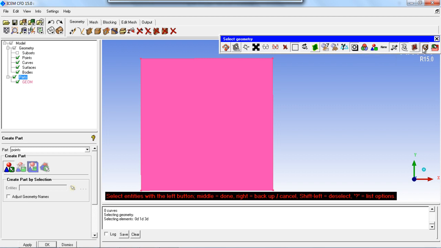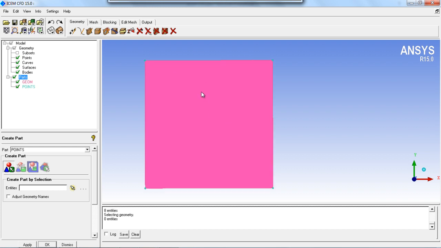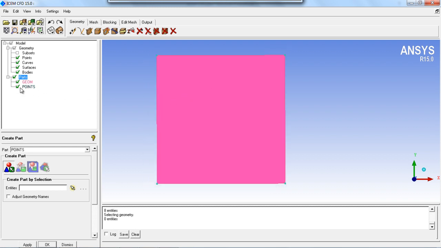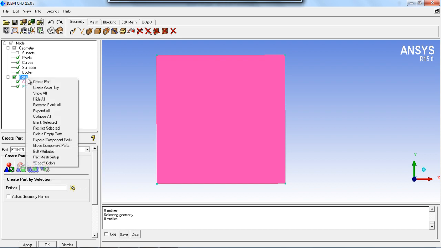and disable all the things except points, and then select the all applicable visible objects, or you can choose the two arrows crossing each other. You can select all the appropriate objects. They can be the visible or the invisible in the graphics window. So at the moment, since all the things are visible, so these two options will be similar. Okay. So we put all the points inside the part named points,